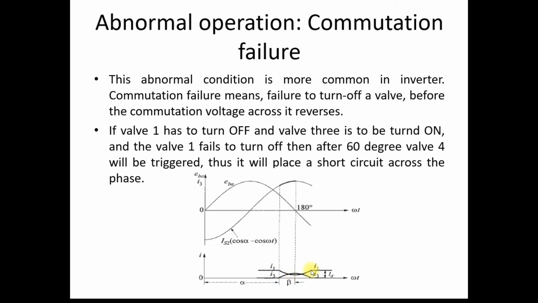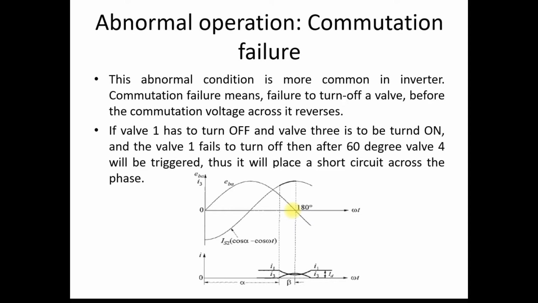You can see that again valve 1 is conducting its normal current ID and valve 3 is completely off. You can see in the waveform, valve 3 is completely off here. Clear? That happened because the commutating voltage became negative. So our aim is to commutate your outgoing valve before this commutating voltage becomes negative. Clear? So why does this happen in inverter operations? It normally happens because of high direct current or low alternating voltage, or sometimes late ignition of the valves.